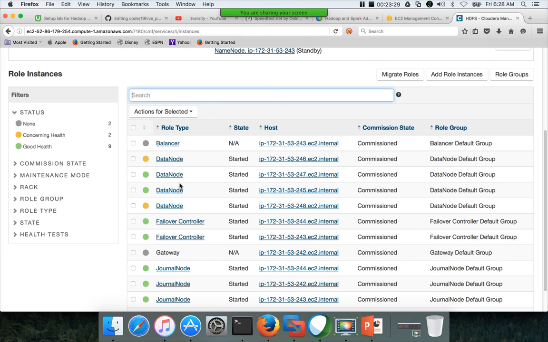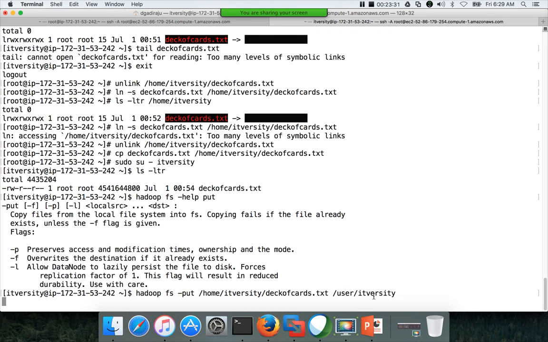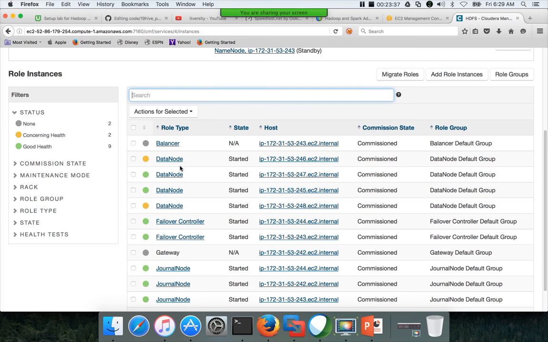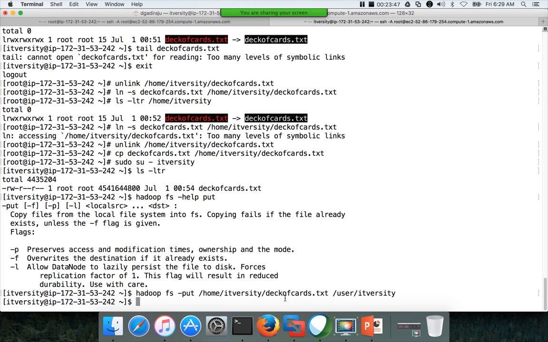Okay, so the file itself in HDFS is logical. If you try to search for the file deckofcards.txt by logging into these data nodes, you will not get it, because it will not be physically stored with the same name as we are storing into HDFS. Instead, the file will be divided into blocks, and each block will get a block ID, and it will use that block ID to physically store into HDFS. This is very, very important to understand. You will understand once I show how it will be stored. It will be clear.